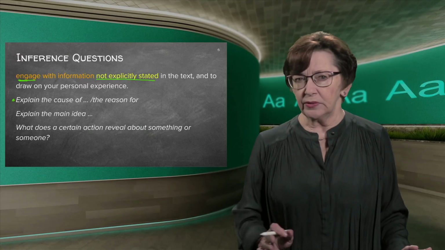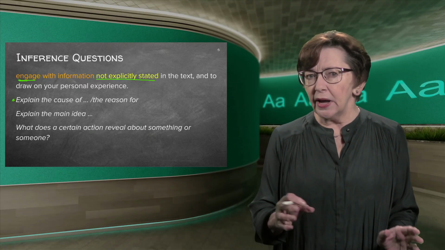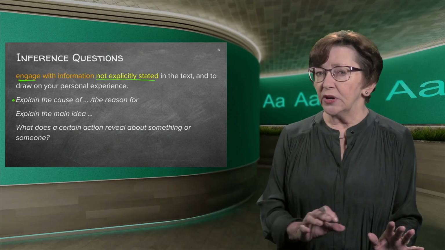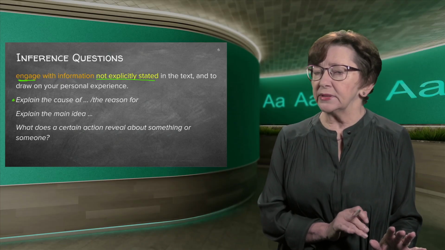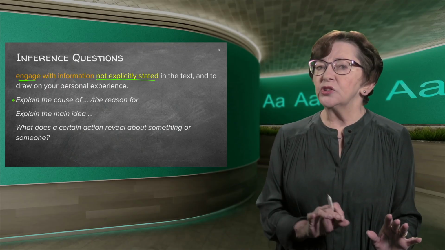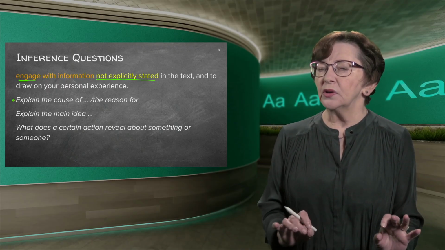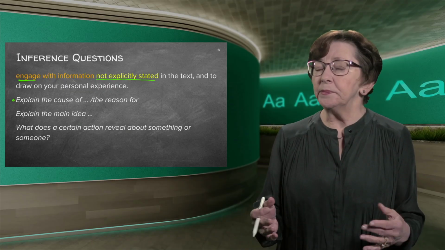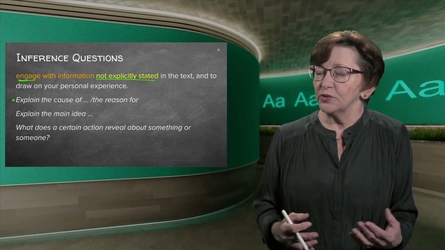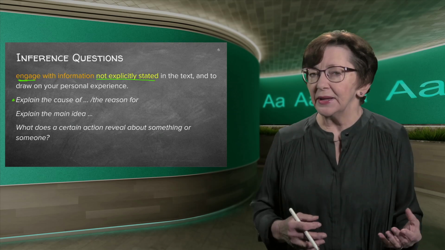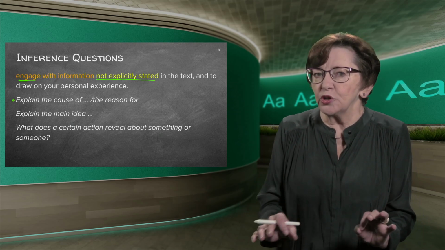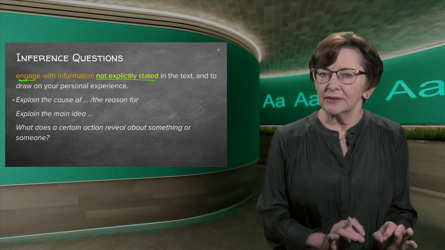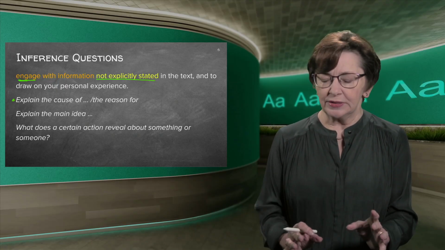Doesn't say why she's irritated, we don't know. But you can infer from the situation, this guy is late for his appointment, that she is probably irritated because of his lateness. It might be proved later on that she was irritated because of a different reason. But I mean, you can infer from the circumstances that that might be the case. That's inference questions. You infer.